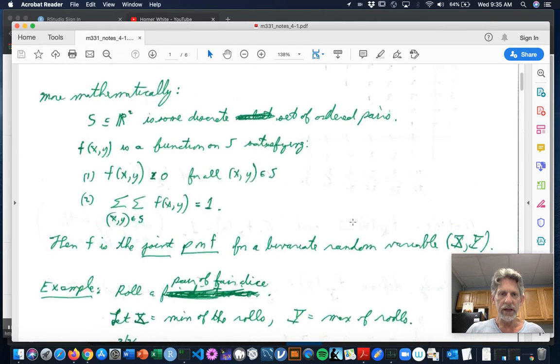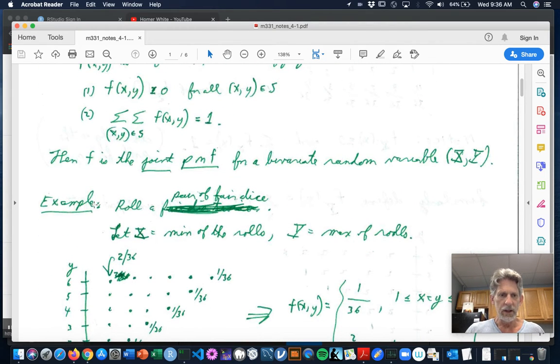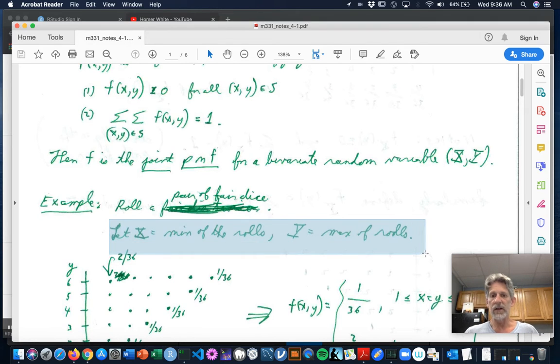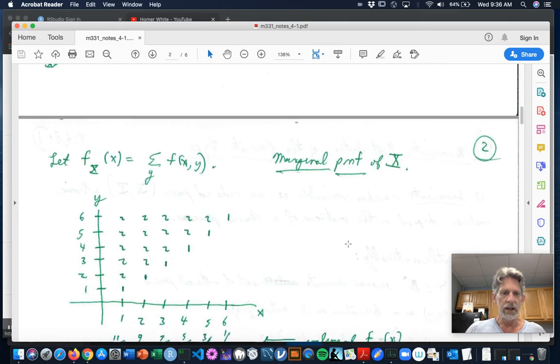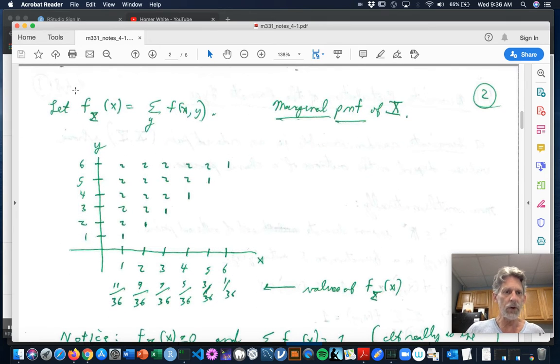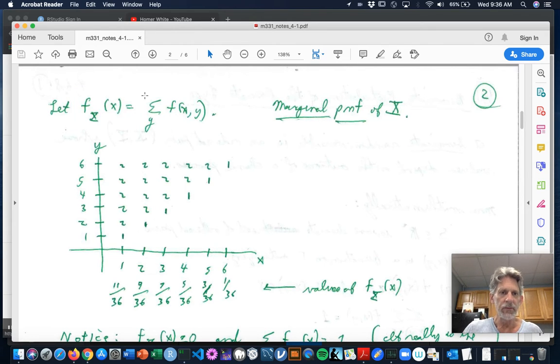So I said that capital X and capital Y here, that I'm not claiming they're random variables up front, but I'm going to show you that you can actually consider them as random variables. Define the following function, little f of capital X of little x, okay? And define it as you sum over all of the y's so that (x, y) is in the sample space,